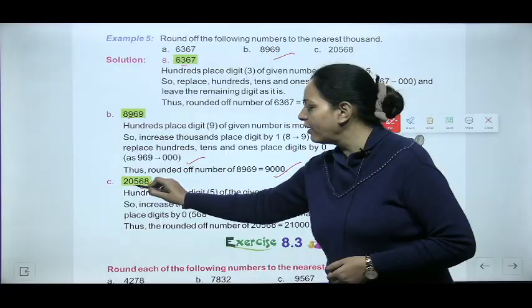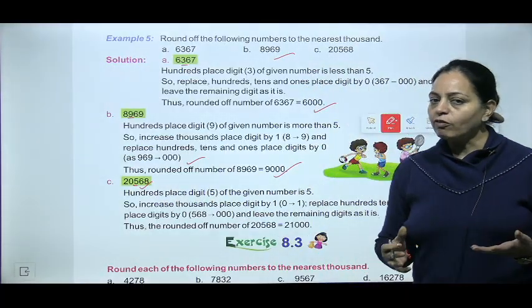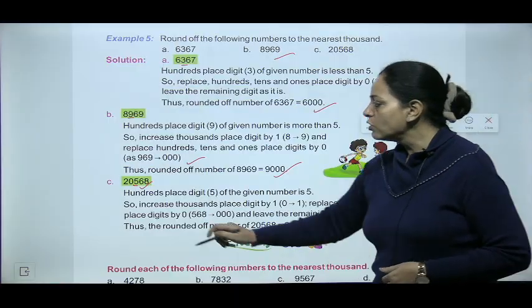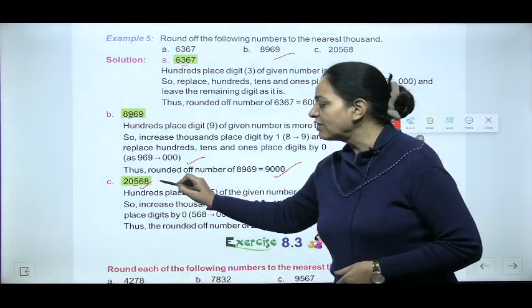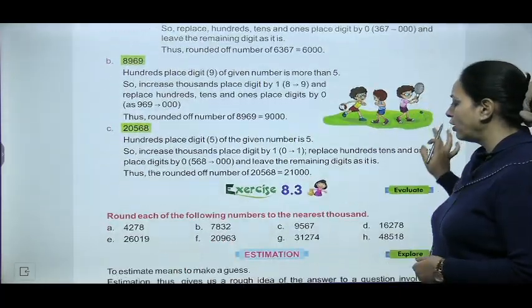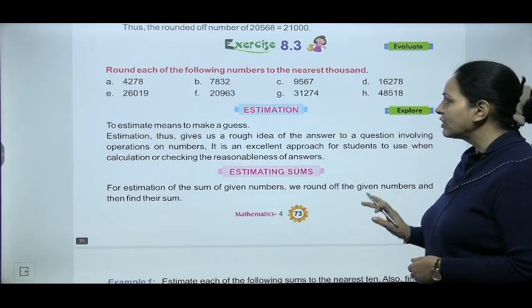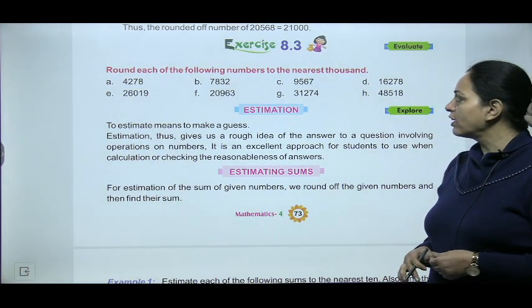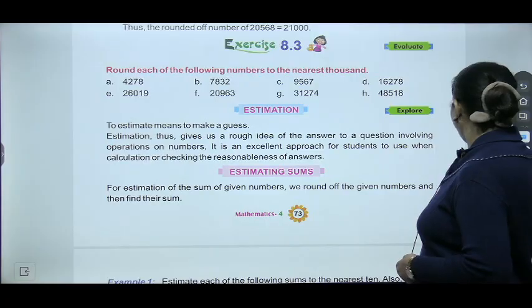The next is 20,568. So see the 100 digit, which is 5 equal to 5. So change 1000 digit, increase it by 1. So this becomes 1 and these are 0, 0. Answer is 21,000. So very interesting. Now exercise 8.3, round each of the following numbers to the nearest 1000, like C part